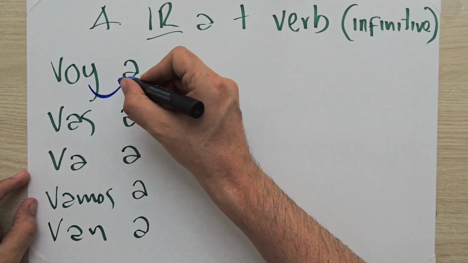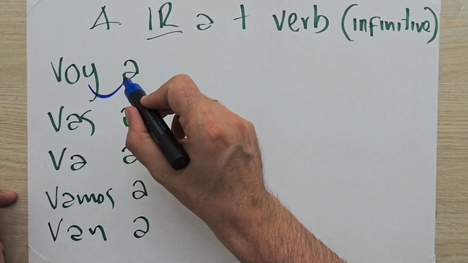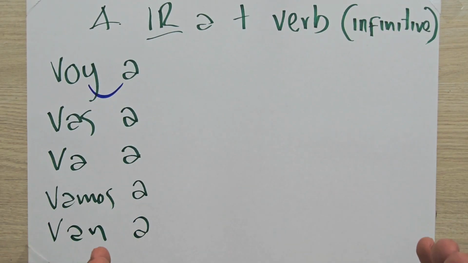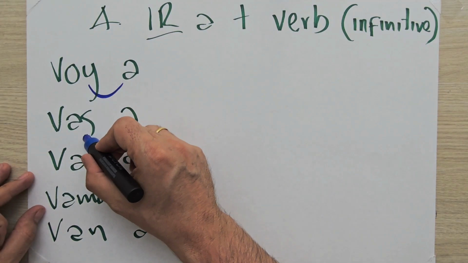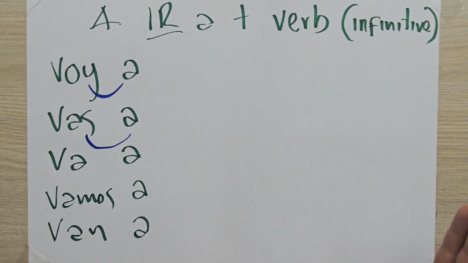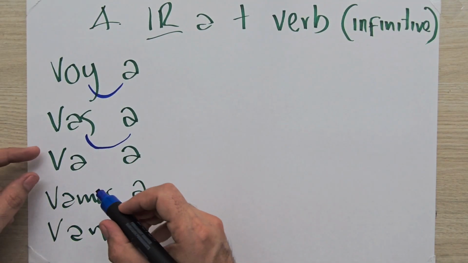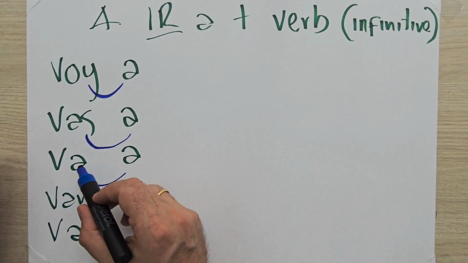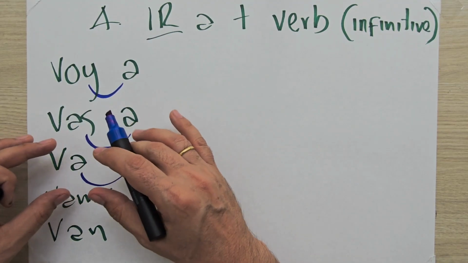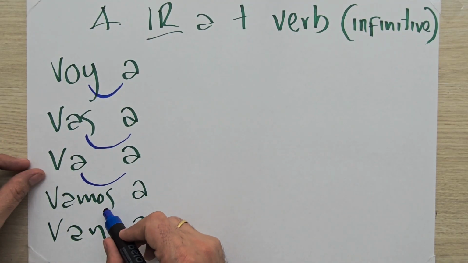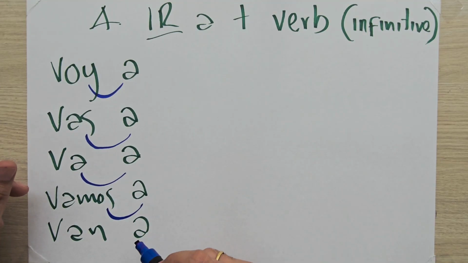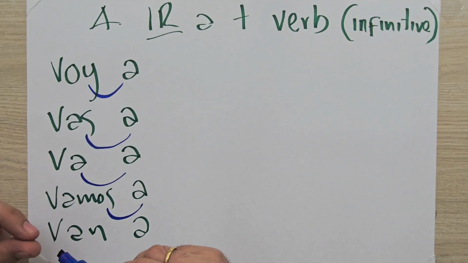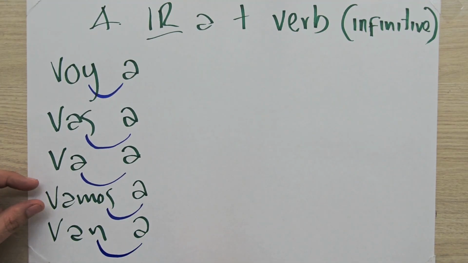You pronounce it voy a. You don't say voy a, you say voy a. That's the right pronunciation. Vas a, no vas a, you say vas a. Va, you basically merge these two A's. Va. Vamos a, not vamos a, it's vamos a. And then van a,